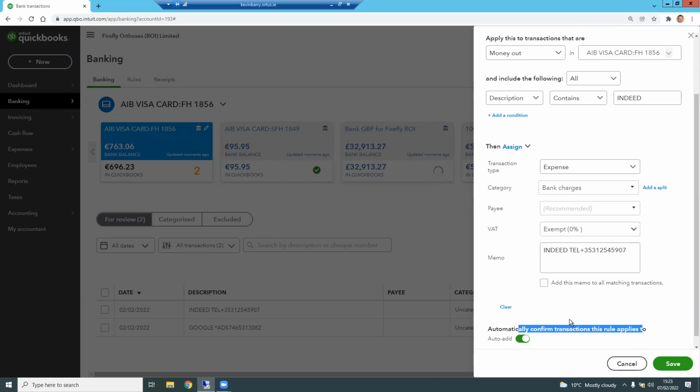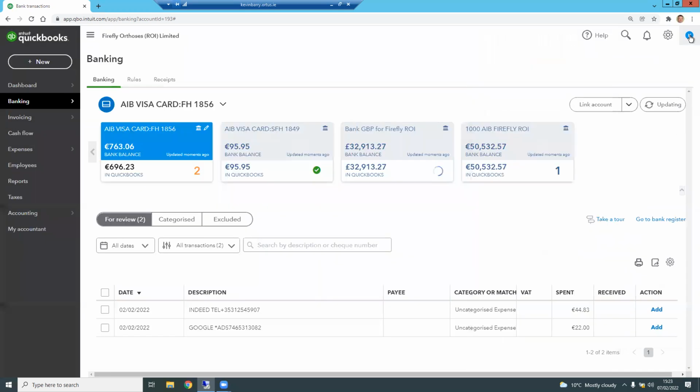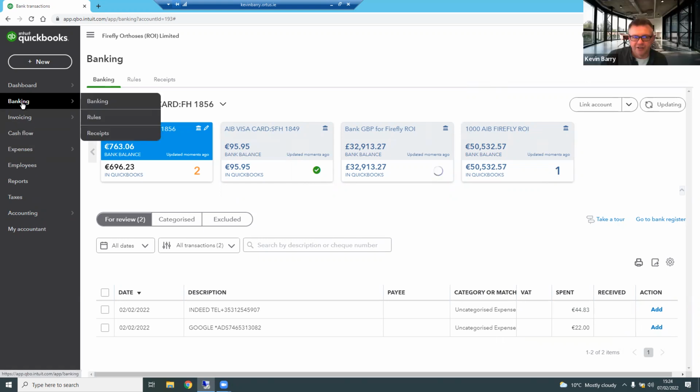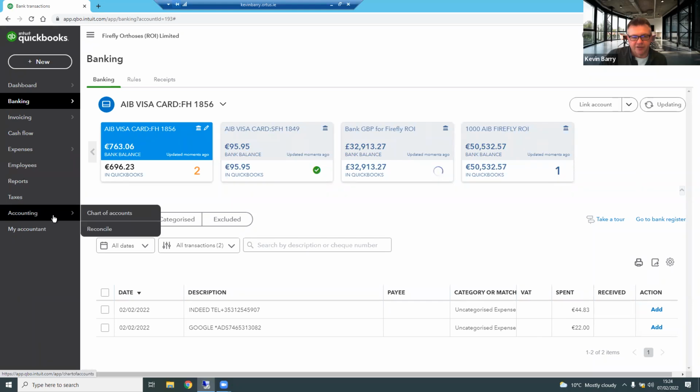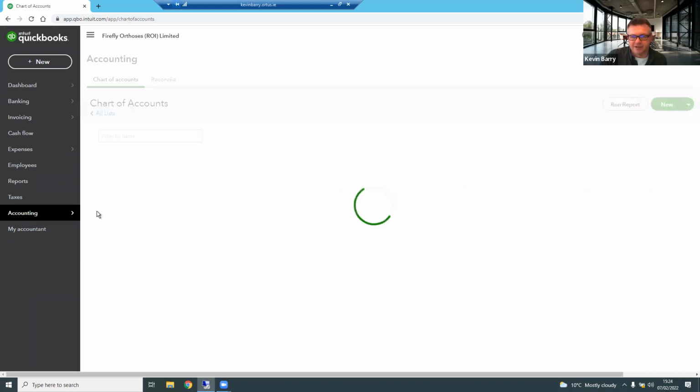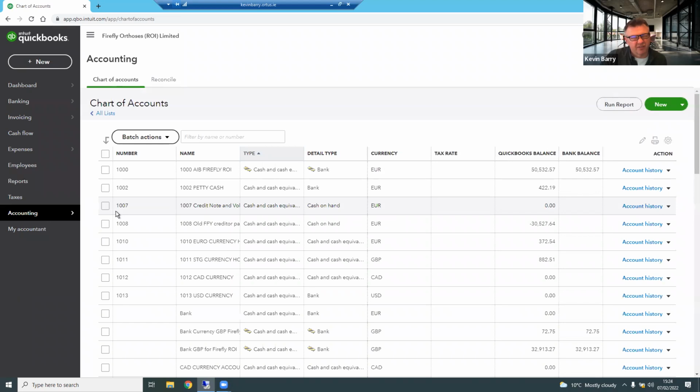Now, just in relation to salaries, when we run the payroll and the payment comes out and we allocate the payment, what about the other side of it? You're dealing with the net wages. Where does the gross sit? Yeah, I know what you mean. That's a good question. So what I do at the moment, there's still an expense of the business, and as part of the salaries, it's generally going to be